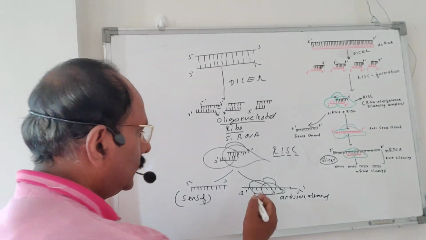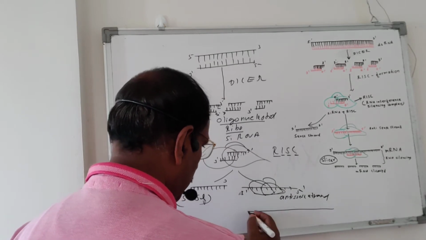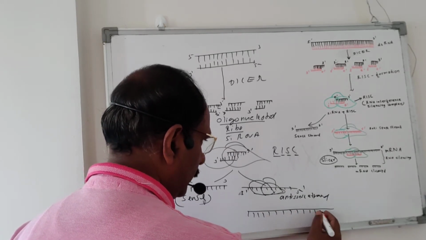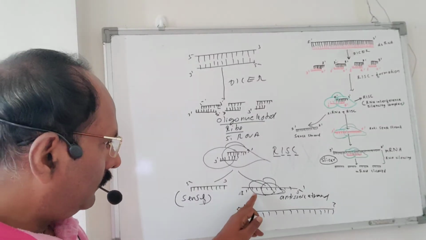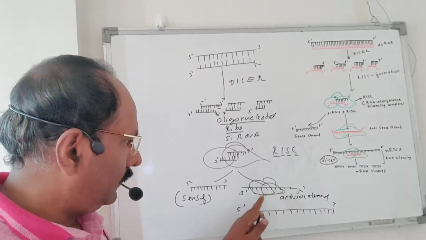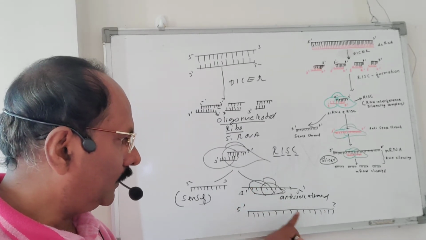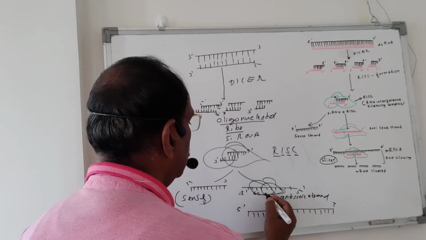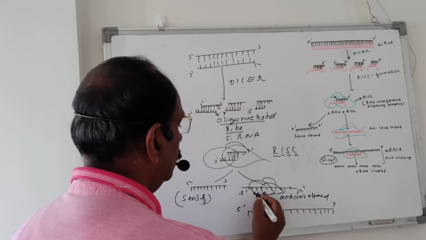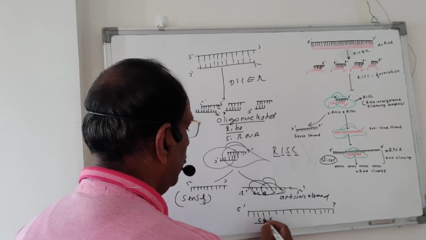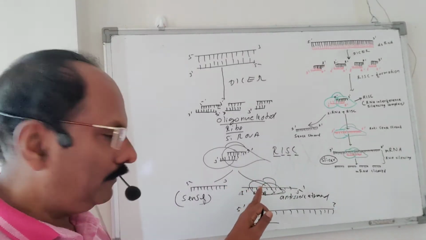So what happens? This multiple protein complex with the antisense RNA binds with the mRNA. This mRNA is already prepared in the cell and is coming into the cytoplasm. It also has 5' and 3' ends. If any bases are complementary to this mRNA, this antisense strand comes to attach there. For example, here is a G and here is a C and here is an A. So suppose here is a C and here is a G and here is a U. So it attaches here like this, forming the complementary pair, with the help of the enzyme already present in the multiple protein complex.